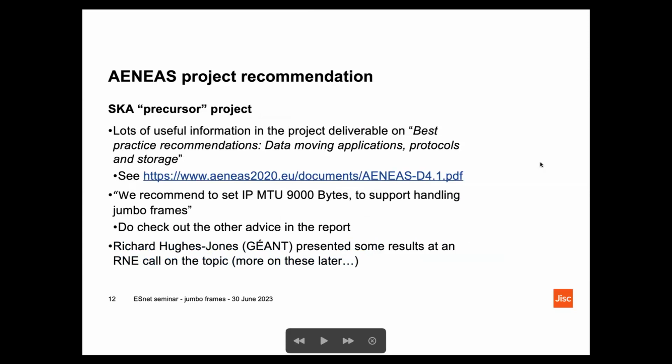Data is going to need to be shipped at least 100 gigabits a second from South Africa and Australia to various parts around the world. I'm sure it will be coming to the States. It'll be coming to a big data center in the UK as well, at RAL. And their precursor project, called IANAS, where they've been testing various data transfer methods and network technologies. There's a report there that's a very interesting read for other aspects beyond just the jumbo frame size of it. They're recommending the use of jumbo frames as well.